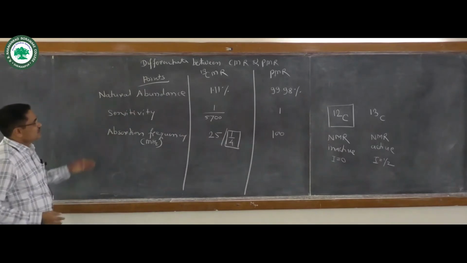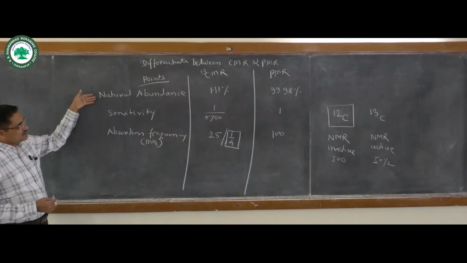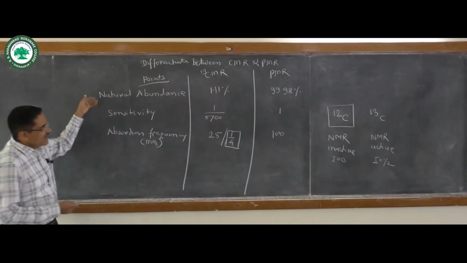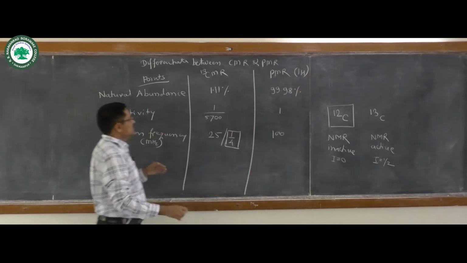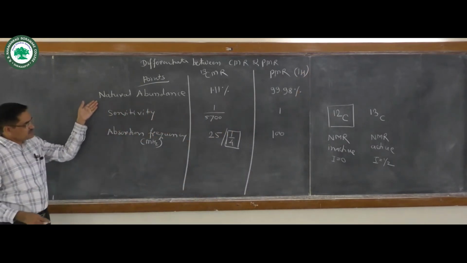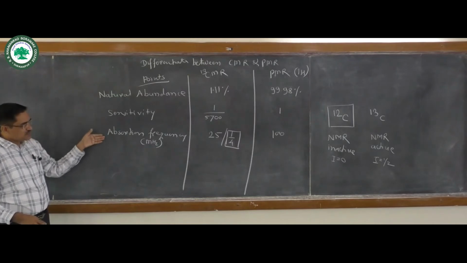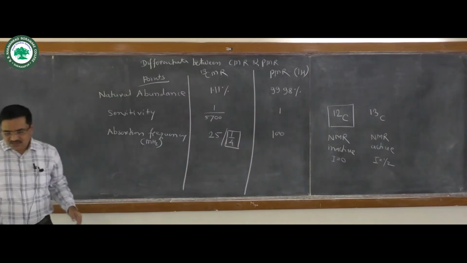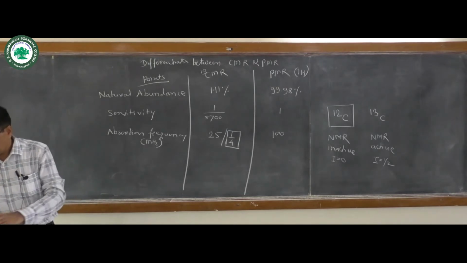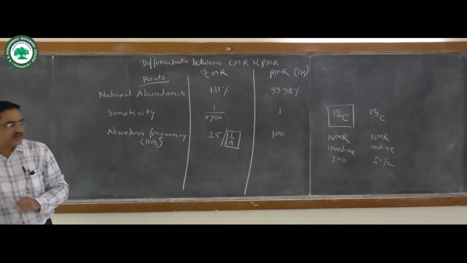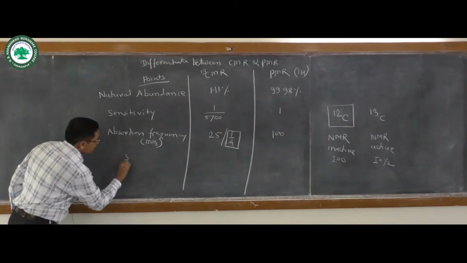Now due to the difference between 13C and H1, that is natural abundance as well as sensitivity as well as absorption, there is somewhat difficulty to scan this CMR spectra, and that's why when we consider the next point, scanning,